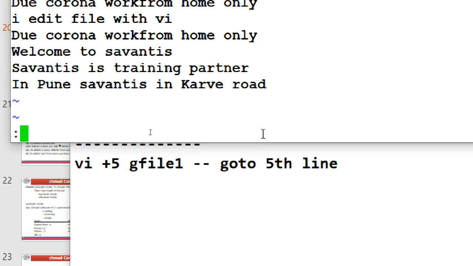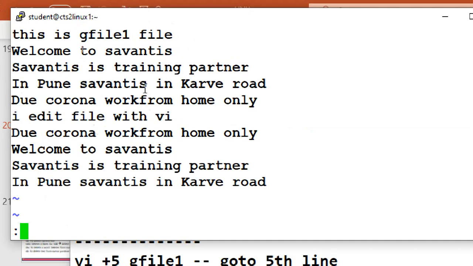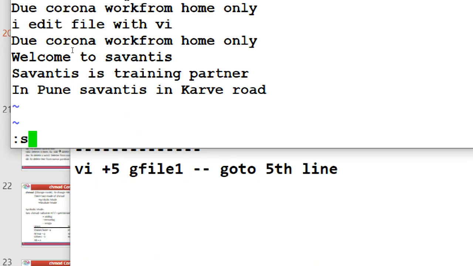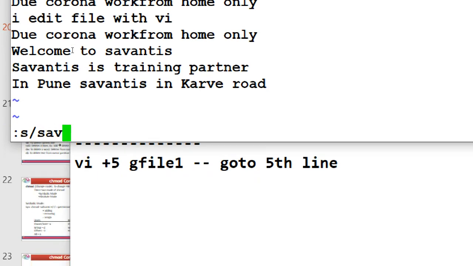Escape, colon. I'm in this line only, right? So colon, yes, slash 70s slash Vedic soft.